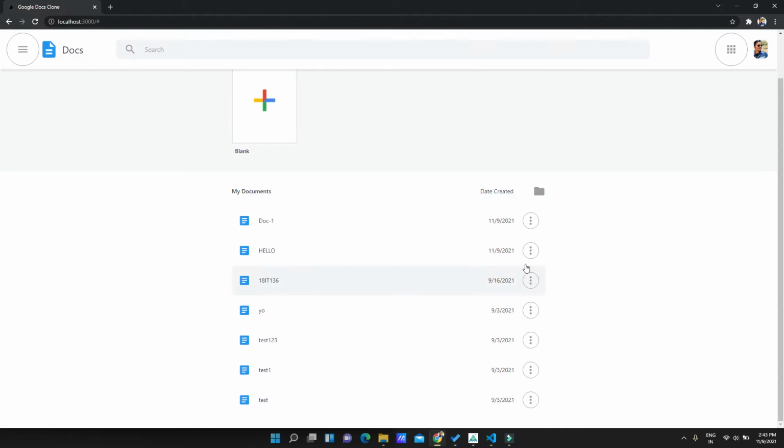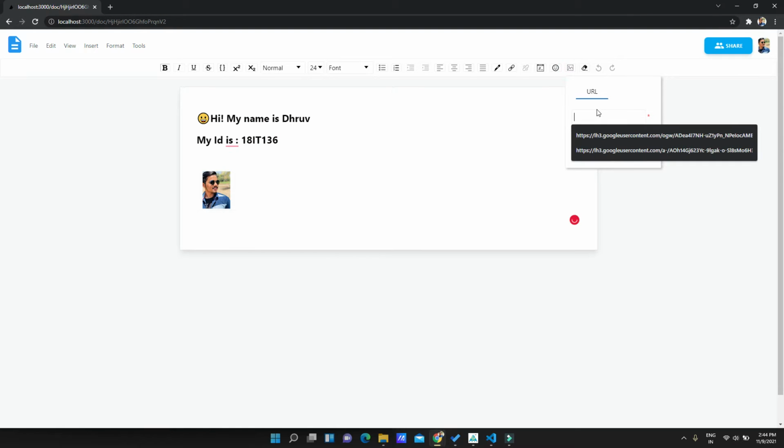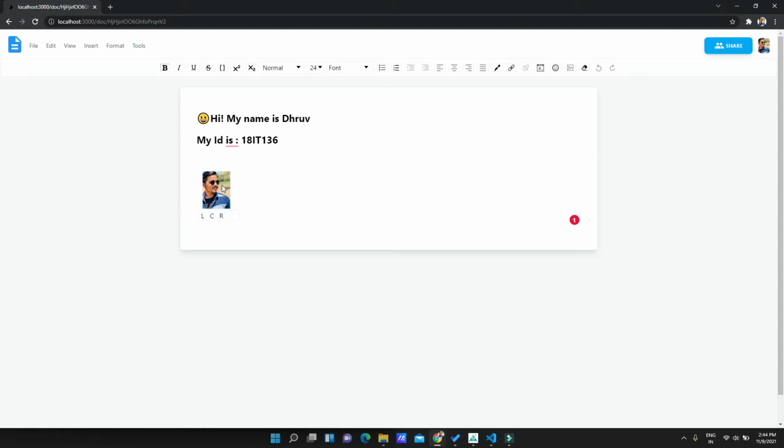Here you can see all the documents date-wise. Here we can also add an image by simply pasting the URL of that image. Here you can see all the main functionalities which we use in Word.